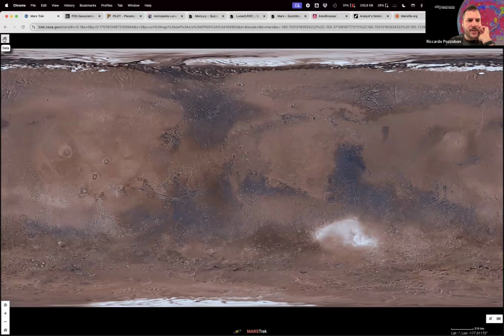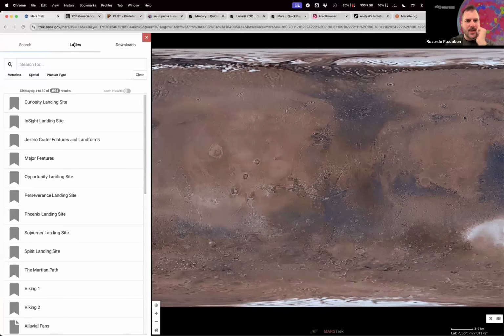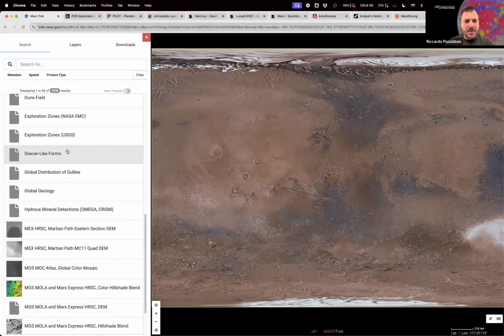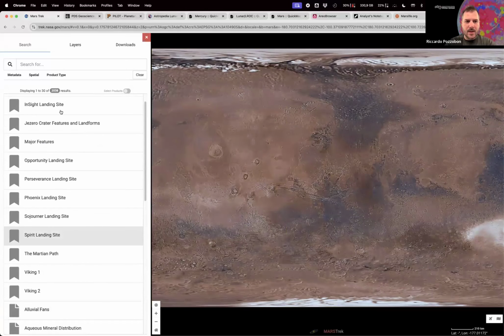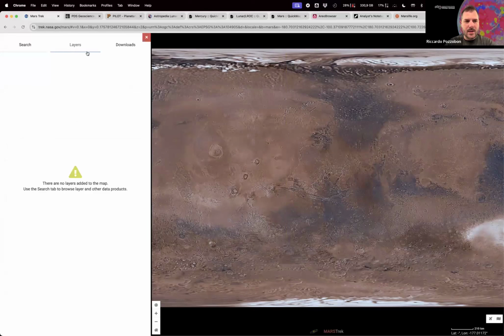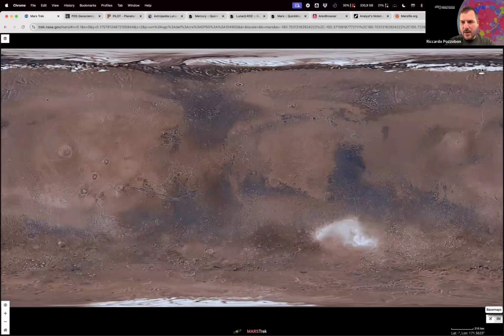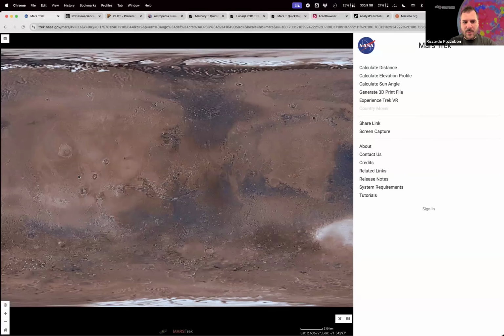Here in the top left, you have the data. These are all the types of data that you can have. There are some maps, there are some image data, some landing site data, and so on. Here are some layers that you can add to the visualization of your map, and here are your downloads. But before, you can go to the right and see that, for example, if you zoom somewhere,